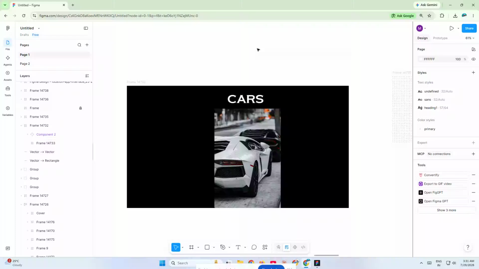If you need to export an SVG from Figma, you're in the right place. In this video, I'll walk you through the exact steps to take any shape, icon, or frame in your design and export it as an SVG file. This is a super useful workflow for designers, developers, and anyone who wants clean, scalable vector graphics for websites, apps,